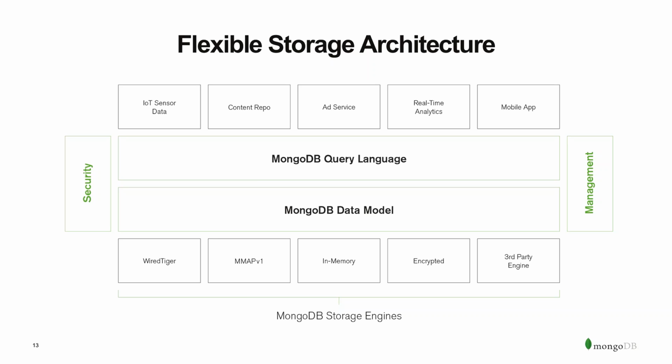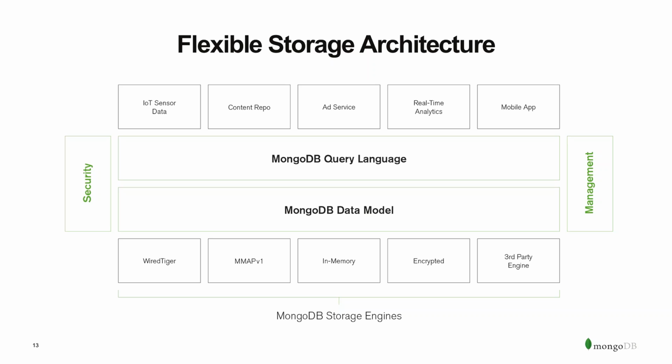And below that, we offer different storage engines. Now, this is important because each one of those use cases on top might have completely different requirements in terms of read-write ratios or availability of service or just purely the performance required to respond to their SLAs. An ad service just wants to push data as fast as it can as close as possible to its users. An IoT sensor is probably much more focused on ingesting a lot of information per second and then running long batch reports on it. Or real-time analytics, you probably want to have all that speed of reading, also that speed of writing, because you're going to have to deal with real-time requests. So all of these might have different needs in terms of storage capacity. And this is what MongoDB